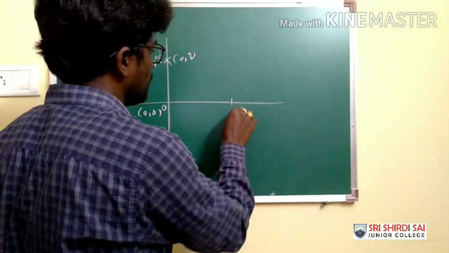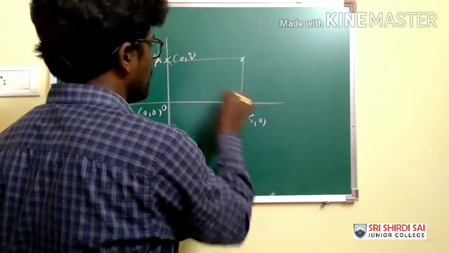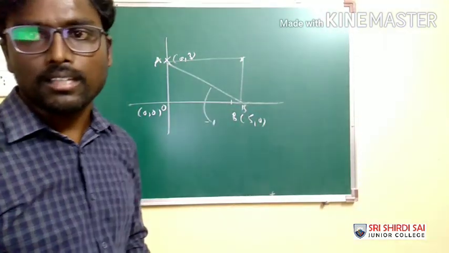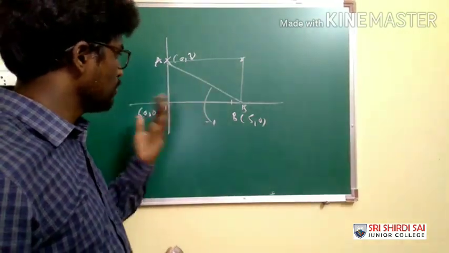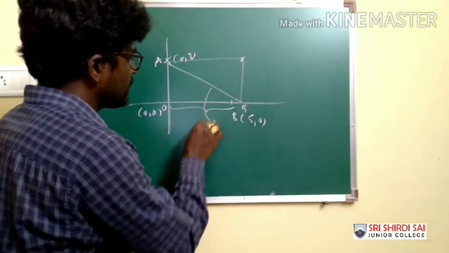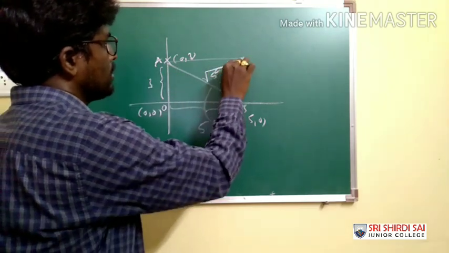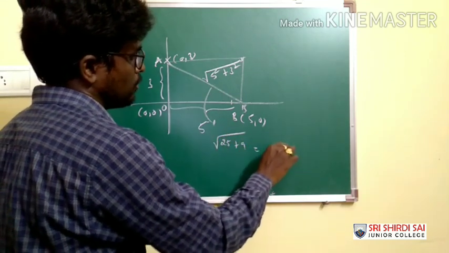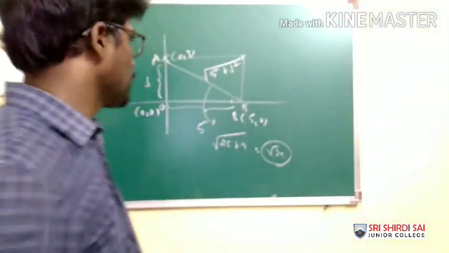B(5, 0). For some vertex, some coordinates we have. Now we are asking about the length of the diagonal. One diagonal means we are talking about the length of AB. As we are talking about the length of AB, it is enough to use the distance formula between these two. Otherwise, this is of 5 units and this is of 3 units. So to get this distance, 5 square plus 3 square, so that you are getting 25 plus 9, so you are getting root 34 units. So here we have option C as root 34.